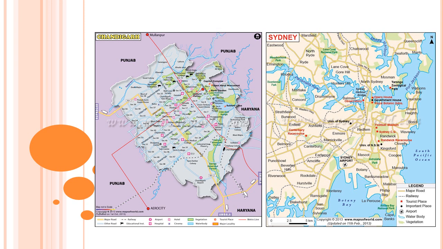Do you know why? We use some common scheme of symbols and colors so that the maps of all the countries look the same and anybody can read them. If an Australian traveler visits our country and does not understand our language, he can still find a place by using a map. Because these symbols are used across countries to help everyone read a map, whether they belong to Australia or India.